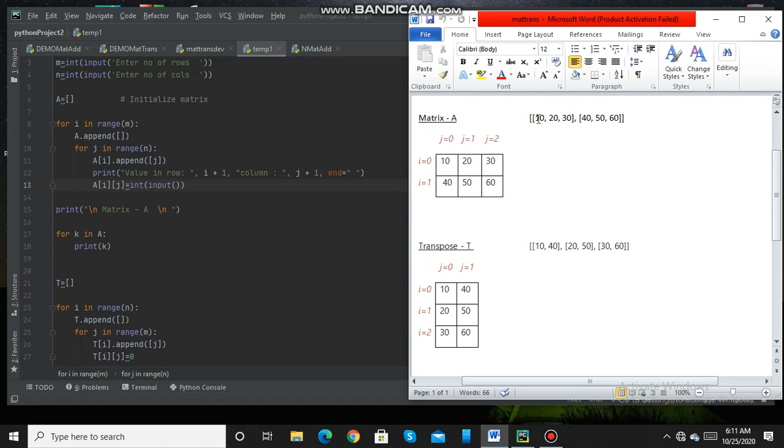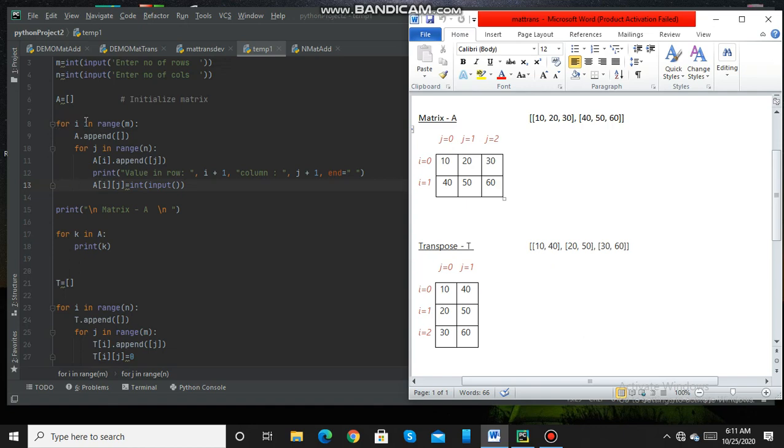This list will be appended. Then it will enter the for loop. As we know, this for j loop will iterate 3 times. The values input by the user will be appended in the list. Assuming that the user has entered the value 10, 20 and 30, these values are appended to the list. So the list is created and values are appended to the list.